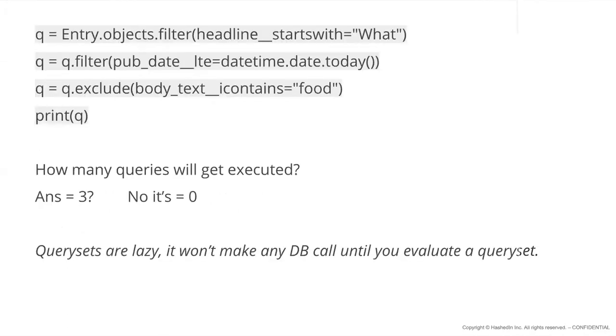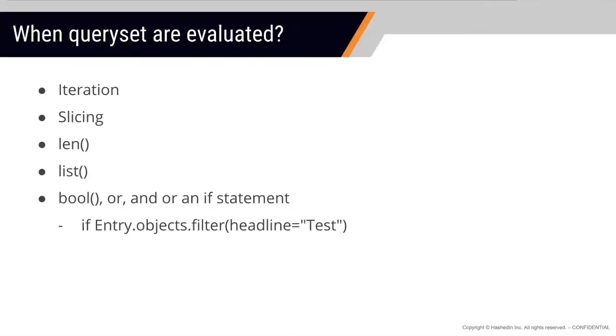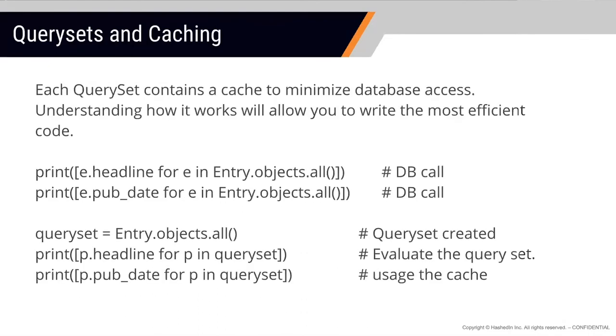And if you keep doing all of this the whole day, like these top 4 lines, keep filtering or just do all, your query sets will never get executed no matter what you write, or basically no DB call will be made. So it's very important to understand at what point of time your Django framework will make a DB call specifically, right? So these are some of the places where your query sets get evaluated.